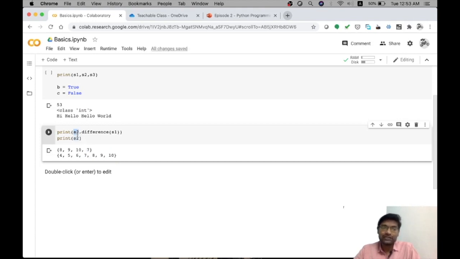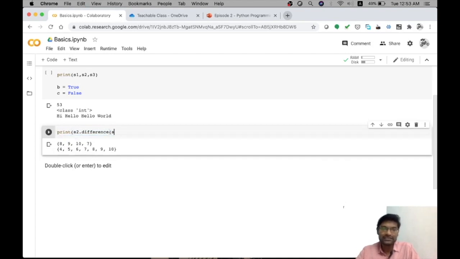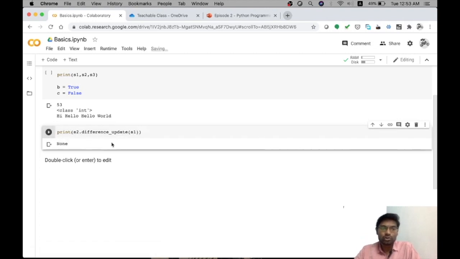If at all we need the value of S2 itself to be updated, there are two simple approaches. One is assigning the value back to S2 itself, like this. Otherwise, there is one more function to make it happen, called S2.difference_update(S1). This will change the value of S2 itself.